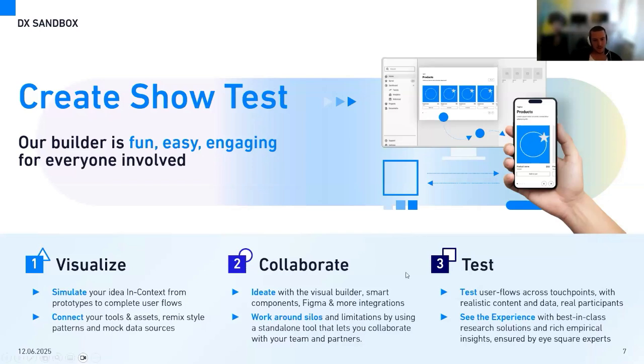Then next we have the collaboration aspect. So like I said, the sandbox is designed to be a collaborative space that brings different team members together. And you could, for example, brainstorm a new concept, refine an interface or review a flow. And this is where the visual editor comes in, because you can just talk about what we've created and contribute